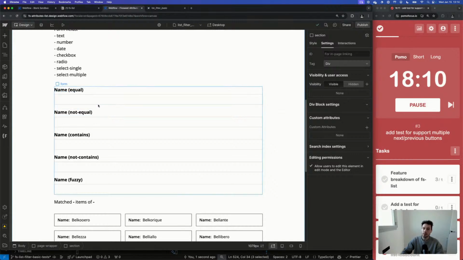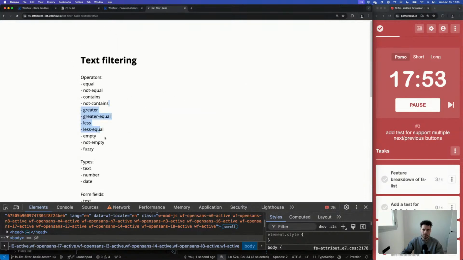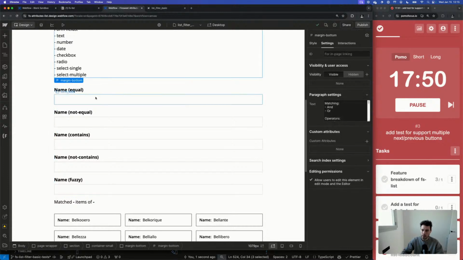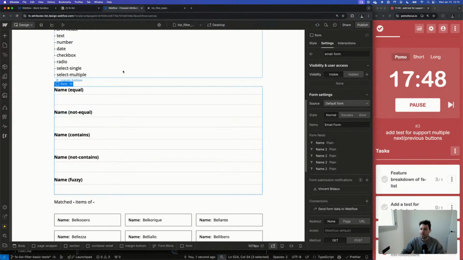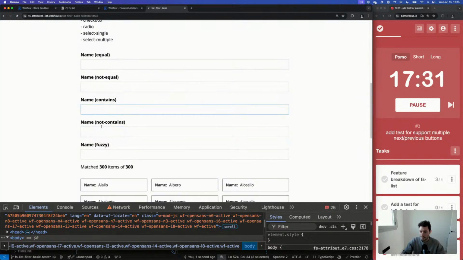But I could potentially also change the matching to be or using the fs list match attribute, and in that case it would have to match this. Correct. So we need to consider that as well when we do more tests. But that's for another time, because otherwise I'm, how do you say, I am derailing from the main topic. Is that how you say it? I think so. Okay. Anyways, contains da da da, not contains.